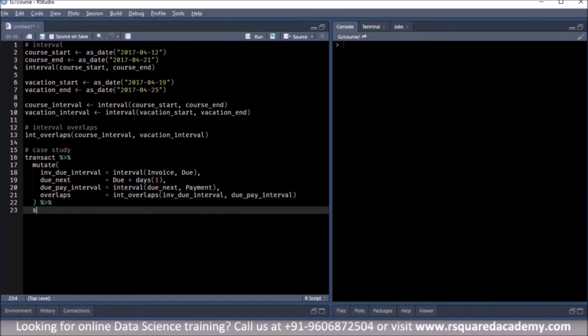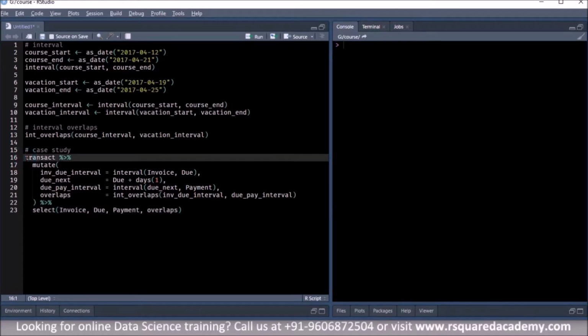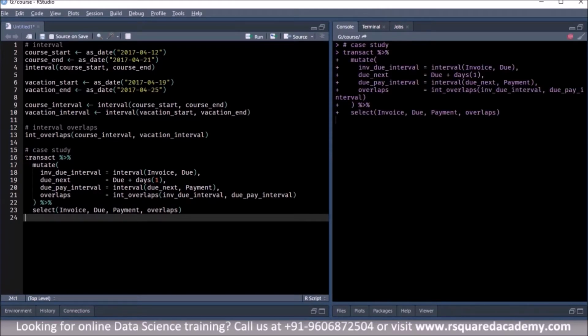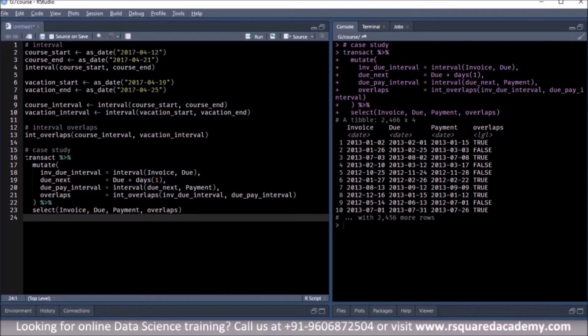And then we'll select the following columns: invoice, due date, payment date, and whether the intervals overlap. So let us look at the output. Okay, here it is.